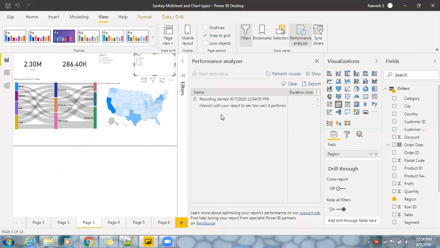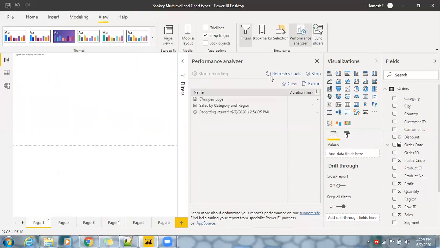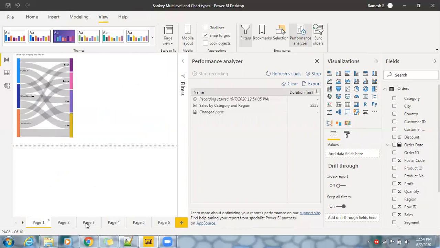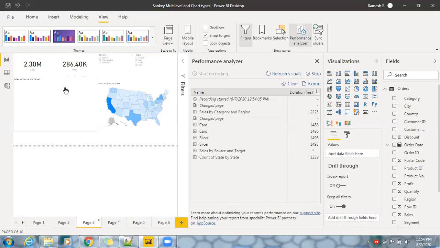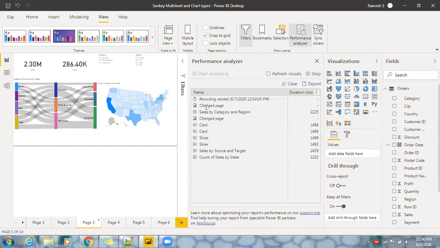And you can see here, whenever, let's say, you navigate from page 1, or you have an option to go for Refresh visuals. Let me come back to page 3. Now whenever I click on page 3, you can see changed page, and this is in page 1, and again I have changed the page. So you can see it is tracking each and everything.